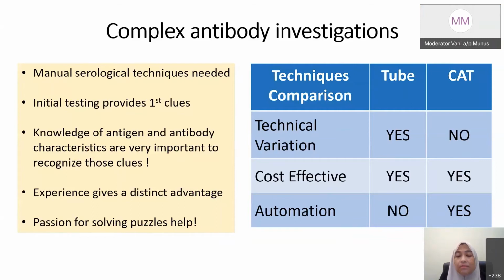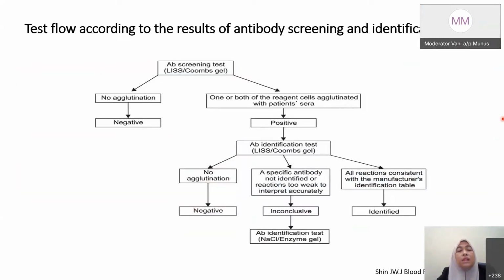So this is the flow chart based off the antibody screening testing that we do in our lab. For all samples before transfusion, we must do the antibody screening test. If we perform the antibody screening test and the reaction shows no agglutination, it means there's no antibody. If we test with the screening cells, and one or both of the cells agglutinate with the patient sera,